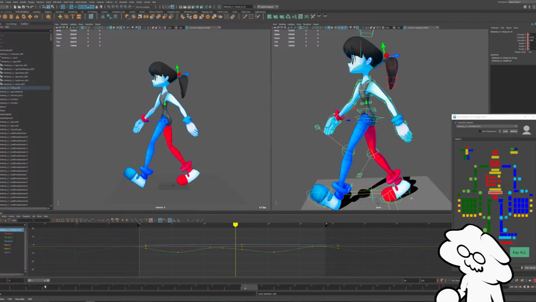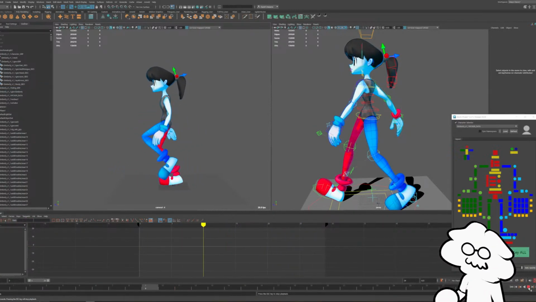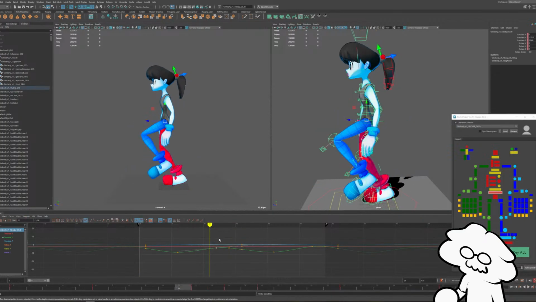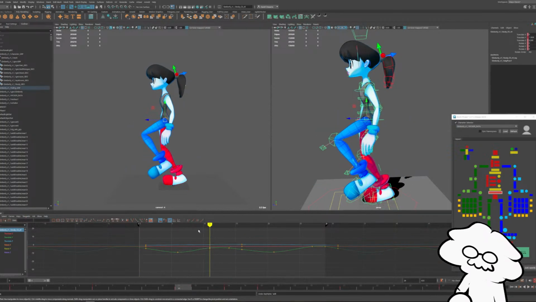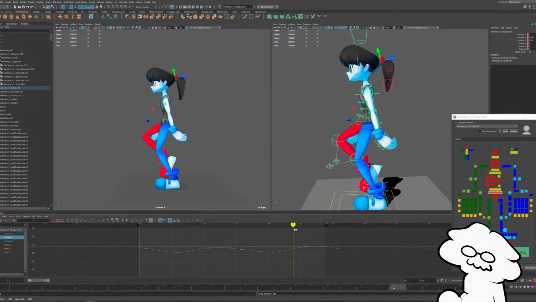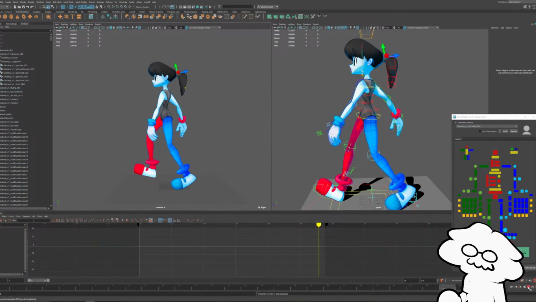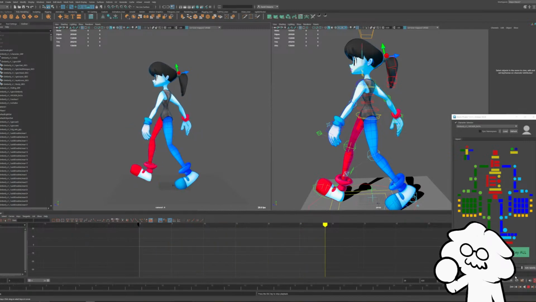Then push that back. Ooh, don't like that. Maybe around these keys. Yeah, that feels great. Okay, that's much better.